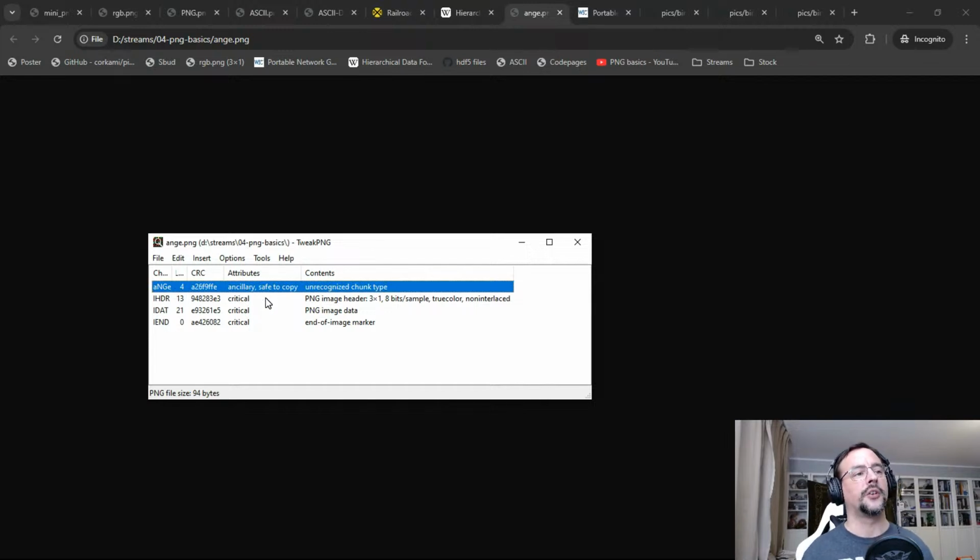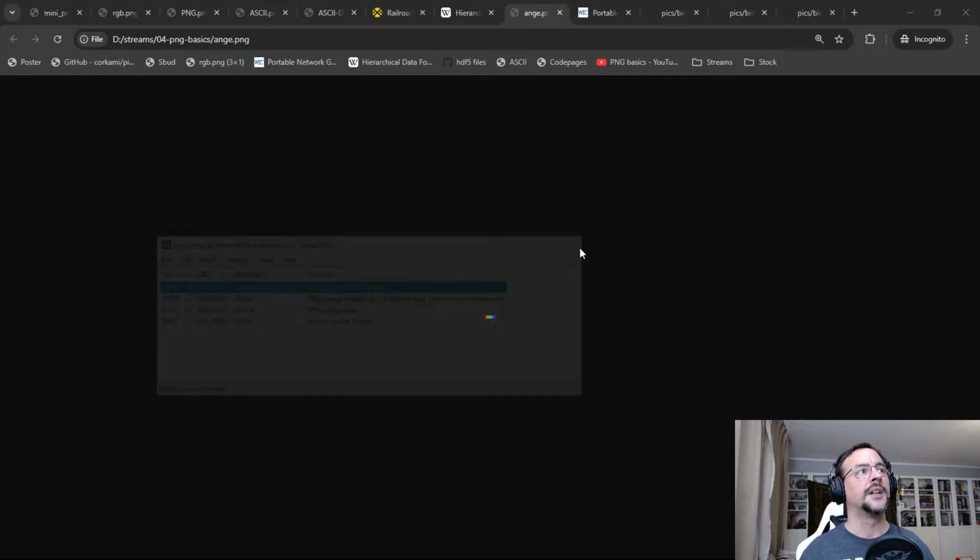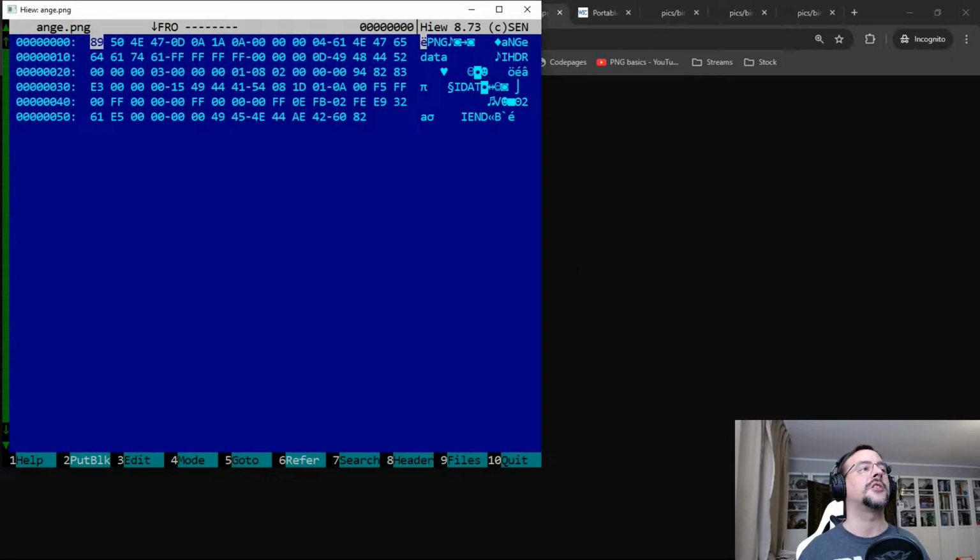I just created a dummy chunk with whatever other name. It's ignored by parsers. The CRC is not even valid. I mean, I could fix it, that's no problem. And here I disrespect a specification rule, that the image header chunk should be first, but it works. So as you can see, it's very, very easy to add an unlimited amount of